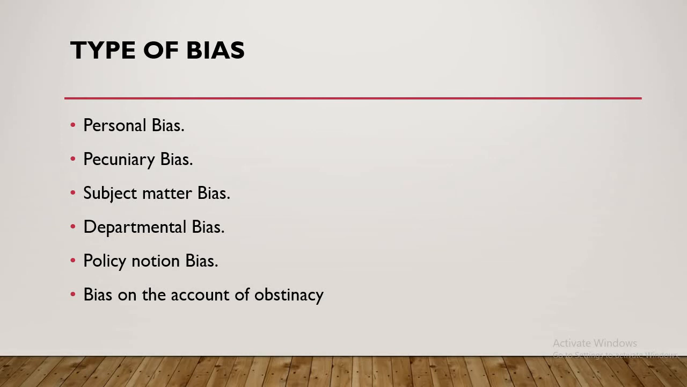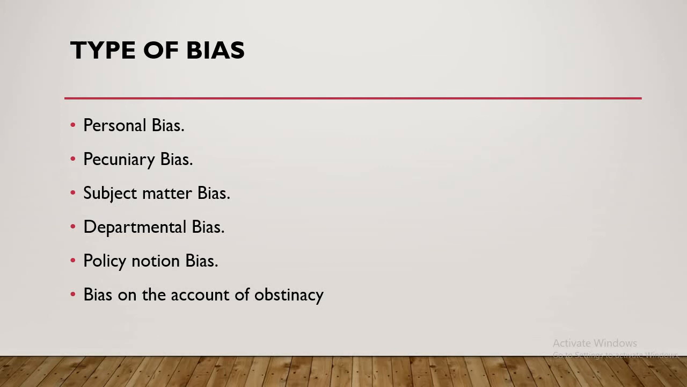Pecuniary bias. If any judicial body has any kind of financial benefit, howsoever small it may be, it will lead the administrative authority to bias. Subject matter bias. When the deciding authority is directly or indirectly involved in the subject matter of a particular case, the court refuses to quash the decision of the election